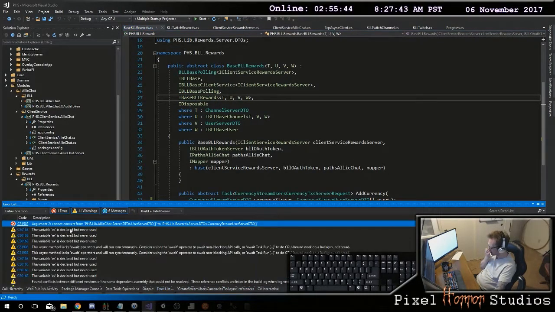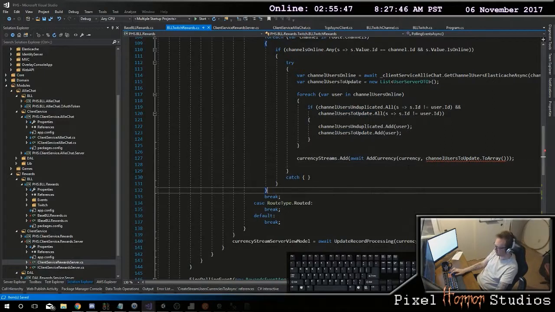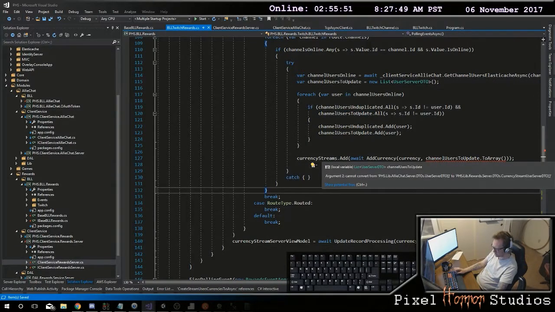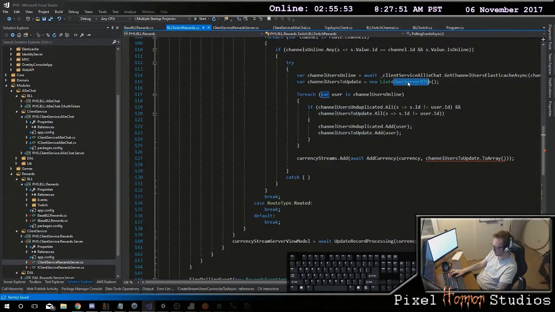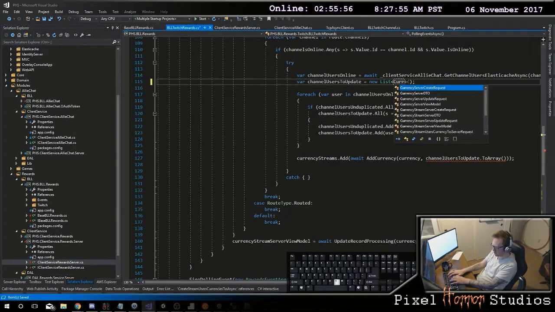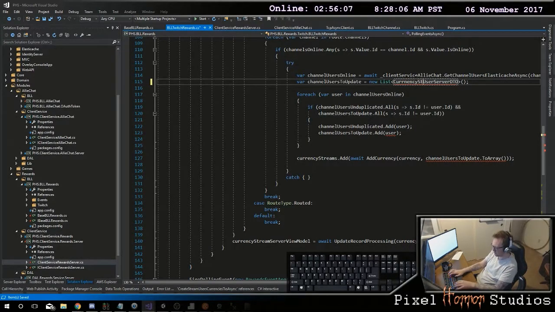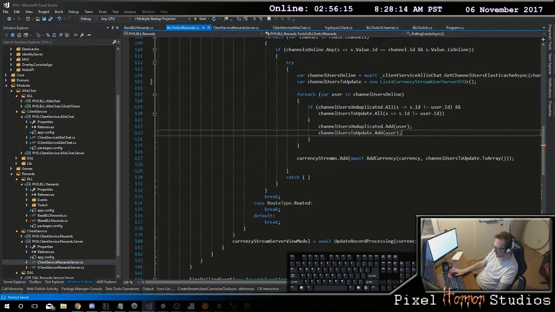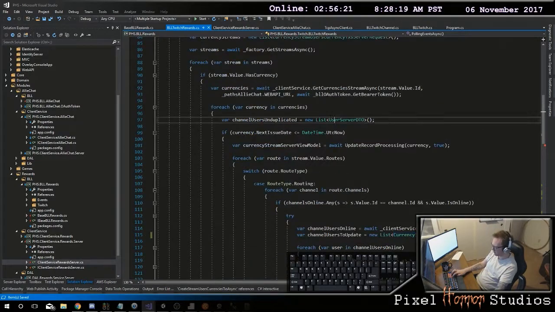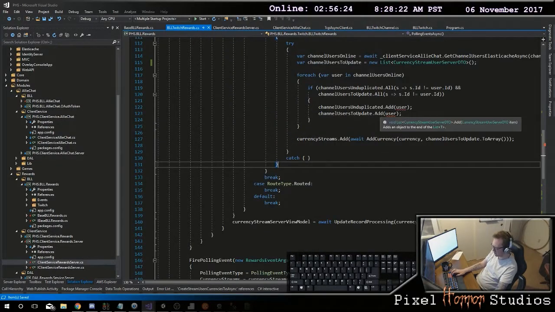Okay. There's one error, which is here. That's because this wants a list of user server DTOs, which is a currency user server DTO, currency stream user server DTO, currency. Oh my God. Okay, and now here, this is your unduplicated one. And then here, you need to add